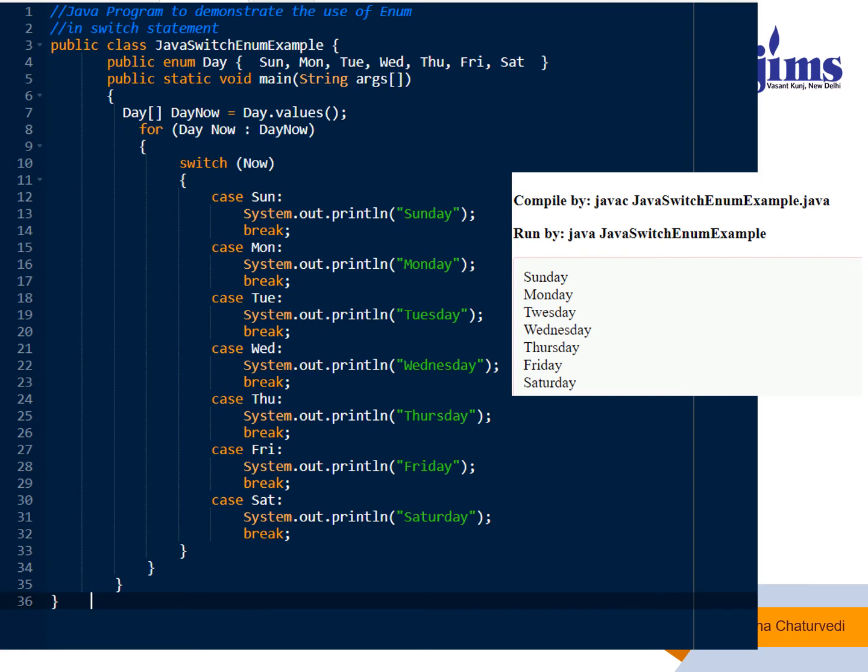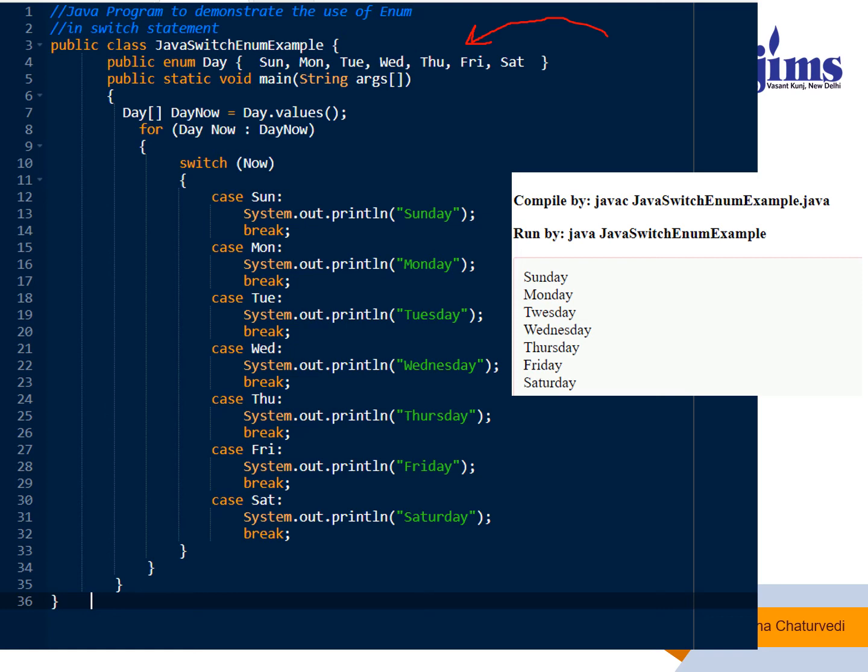This is a simple example where we have an array, day now. Here day is an array. See, here we are using enum Day, and these are the values which we have enumerated for days: Sunday, Monday, Tuesday, Wednesday, Thursday, Saturday. Before Java 7, this enum data type was not allowed, but here it is allowed. Here again I am creating a variable dayNow, and I am storing the values as Day.values. Sunday, Monday, Tuesday, Wednesday, all values will come over here.